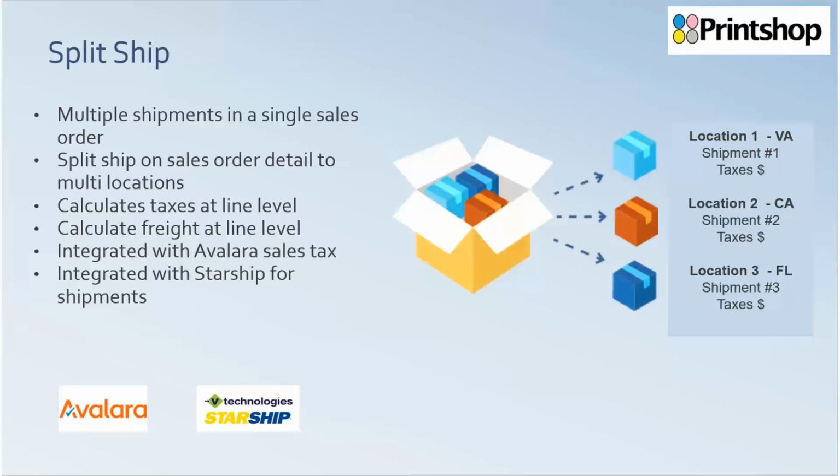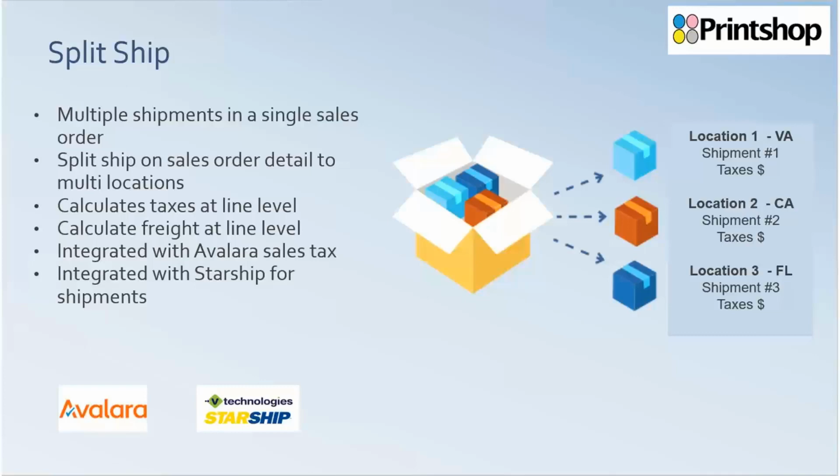It also calculates freight at the line level if you have integration with different carriers like Starship. And we also have process screens to export the data from Acumatica to Starship for shipment information and ship